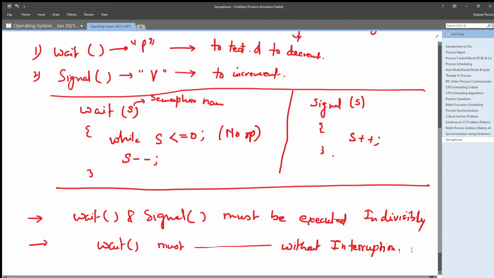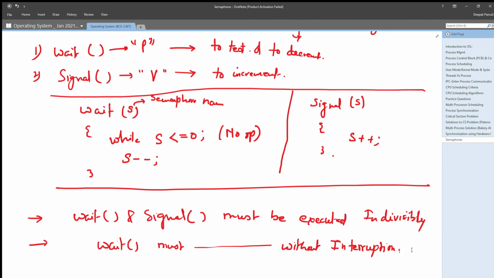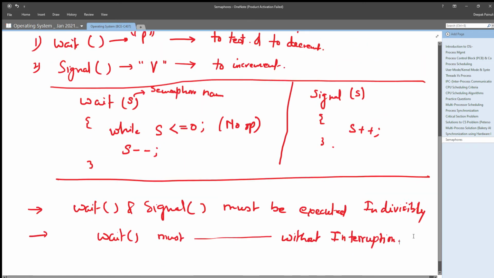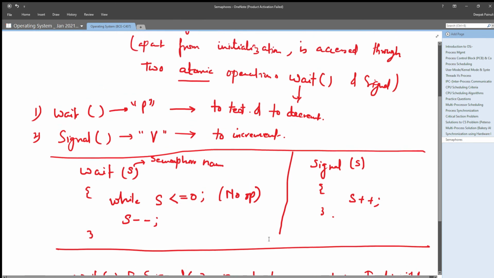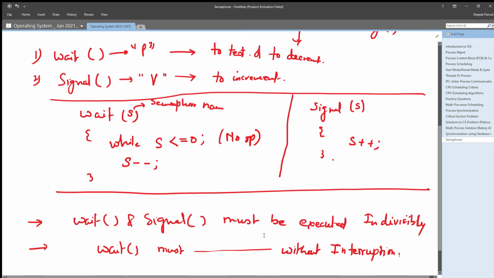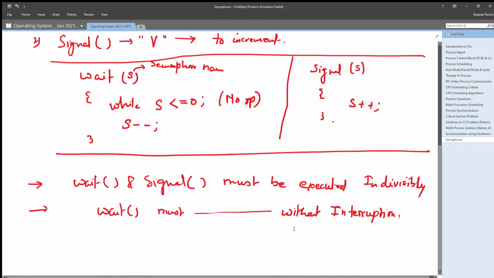That means once a wait operation is started on any particular semaphore, it should be finished before any other wait operation could happen on that particular semaphore, right? So these are the two guidelines which we need to ensure whenever we are using semaphores and using wait and signal operations on those semaphores, right?